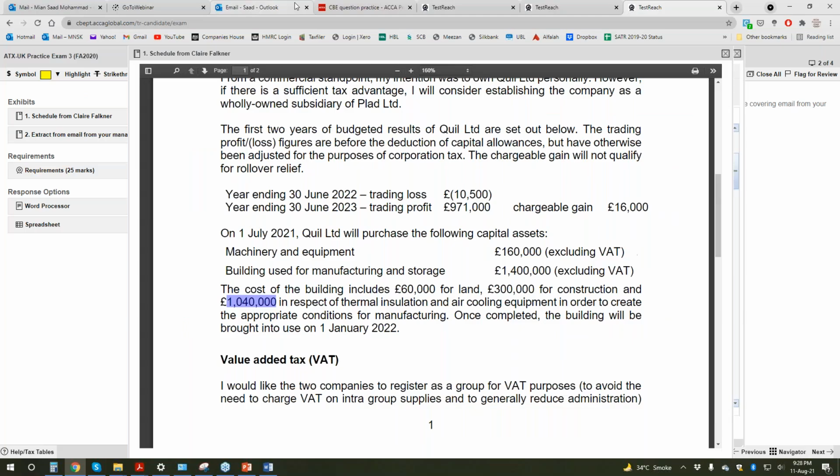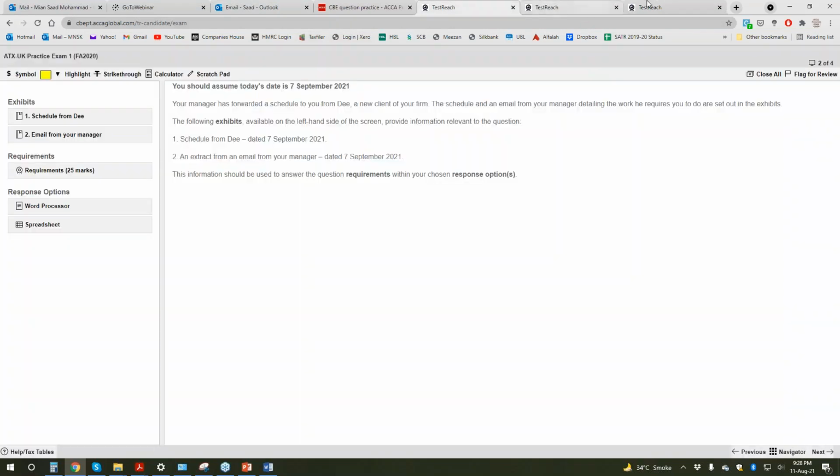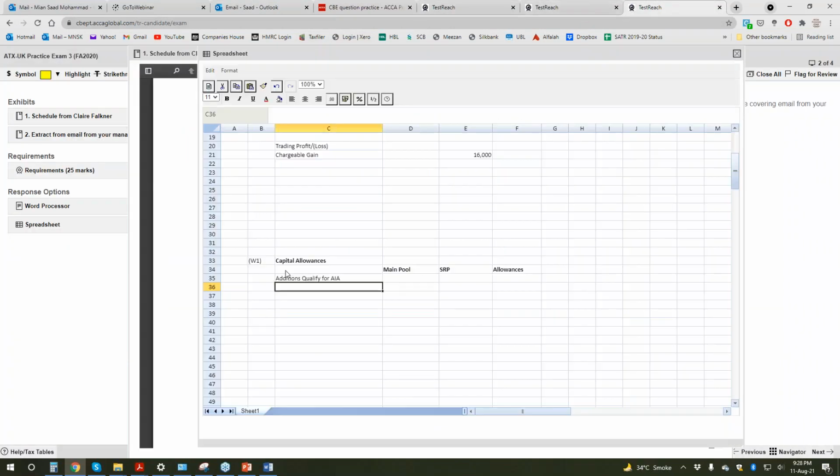So I can go into this spreadsheet and write here that the additions that do qualify are plant and machinery, that is for 160,000,